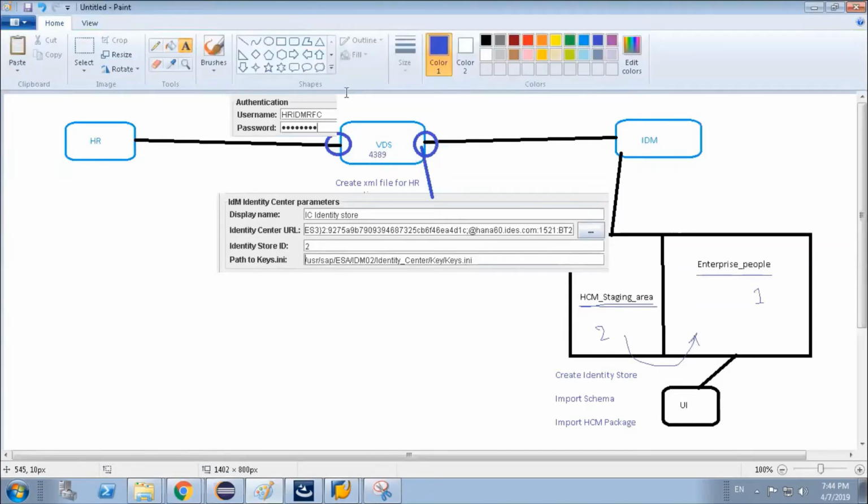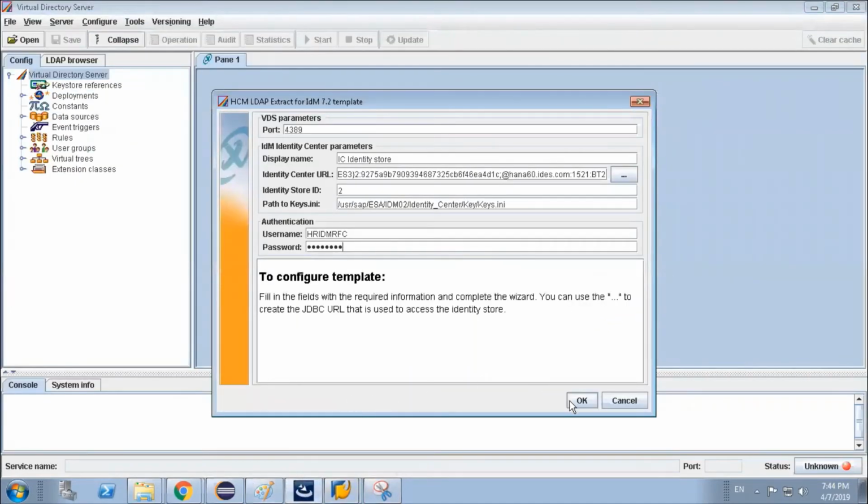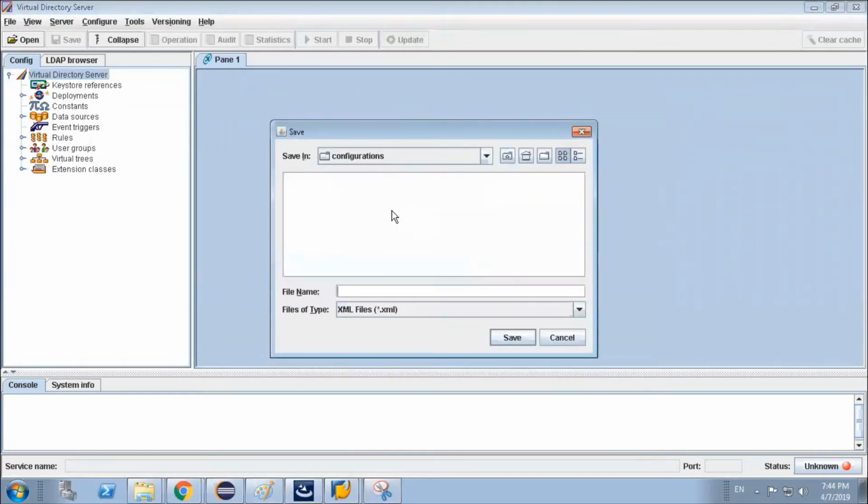We will be sending the data from this port to that port, that is the configuration we have to make. Once you update this information over here, click on OK. It will ask you to create the HCM staging area.